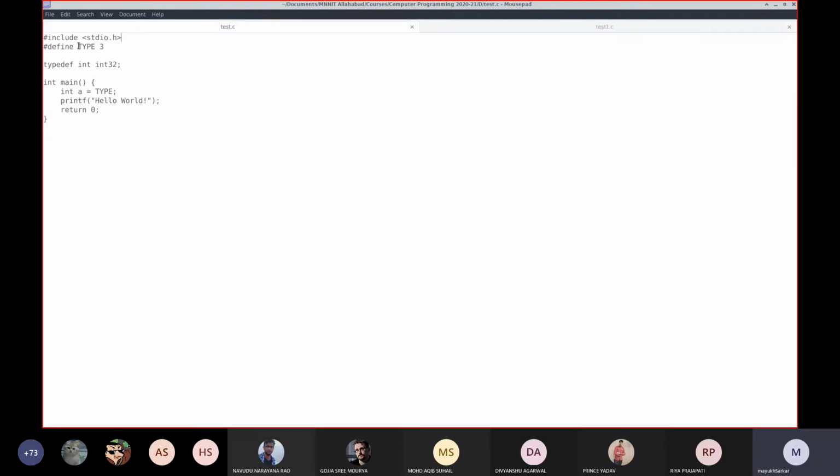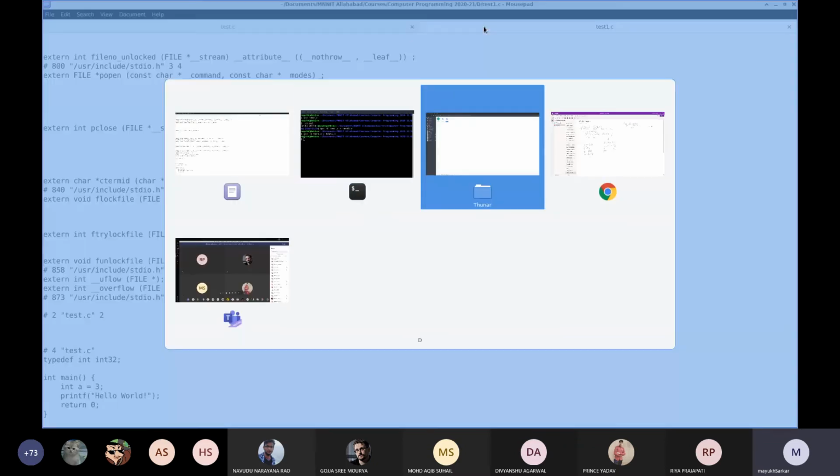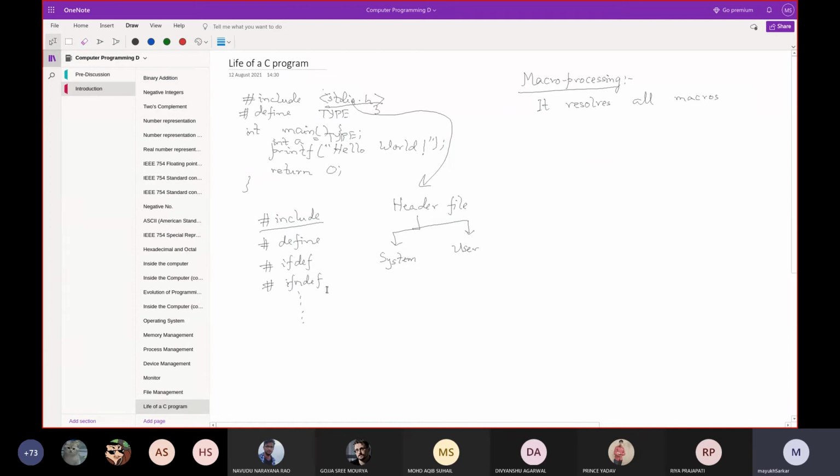And this second macro define has also been resolved by replacing type with the corresponding 3. In fact, all other possible macros, define, ifdef, ifndef, everything will be resolved in this macro processing stage. And the output that will come out of here will be a C program without any macros, that we can say is a pure C program.